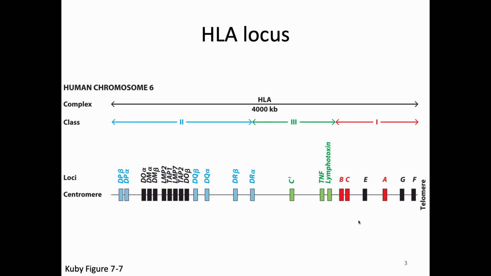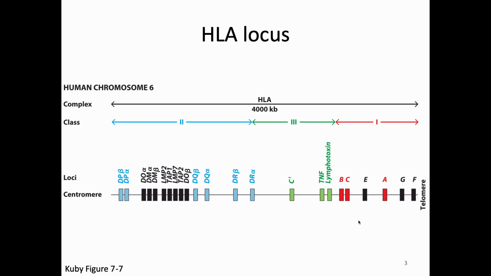We also have some MHC related genes in this class II region. And in the class III region, we have some genes of importance in immunology, like all of the genes encoding complement proteins and some cytokines, but they are not specifically MHC genes. Yep? I was going to ask about the nomenclature of it, but